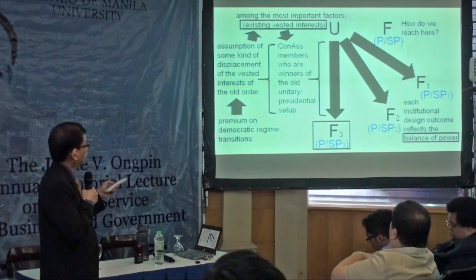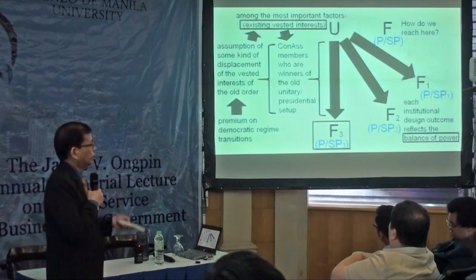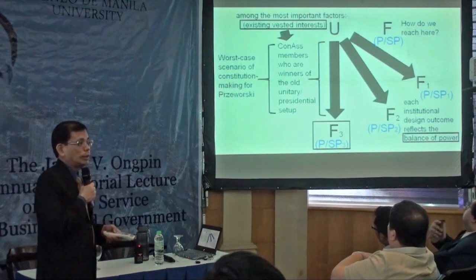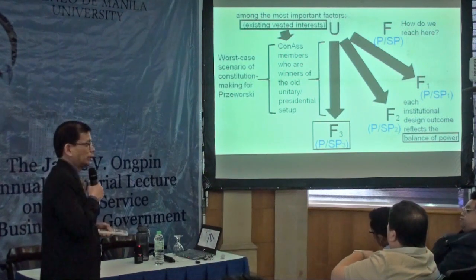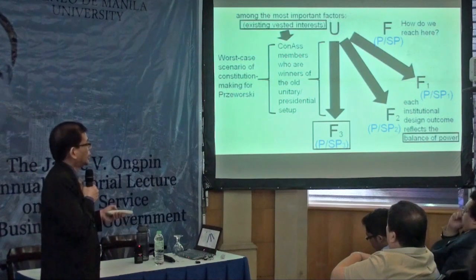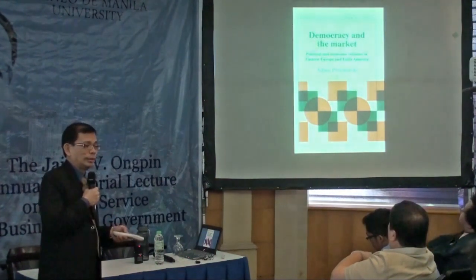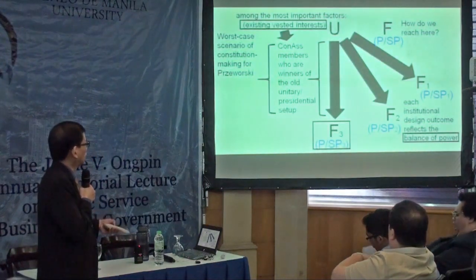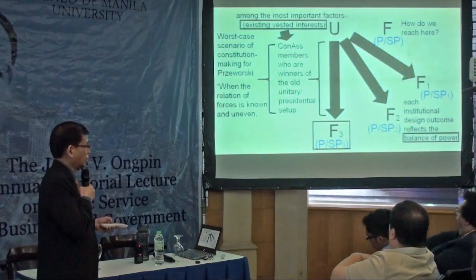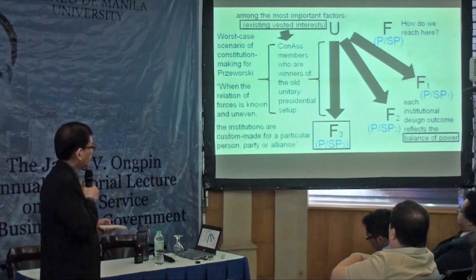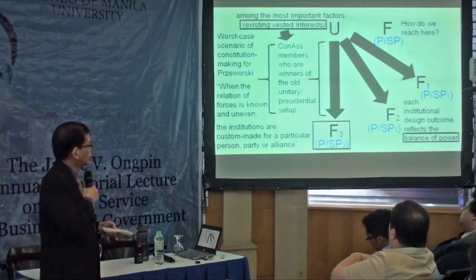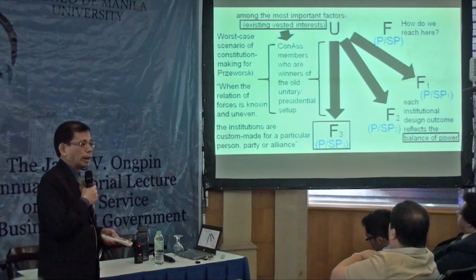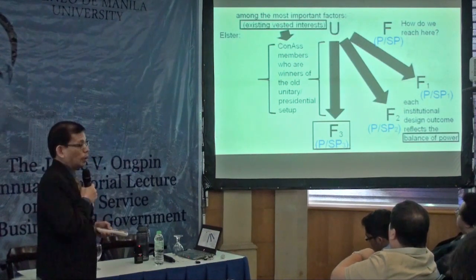This vested interest, again, would be those who benefit from the old setup. This is actually the worst case scenario of constitution making for Adam Przeworski in his truly classic work, Democracy and the Market, published in 1989. According to him, when the relation of forces is known and uneven, the institutions are actually custom-made for a particular person, party, or alliance. Jon Elster,